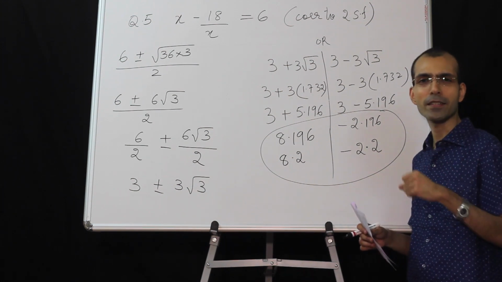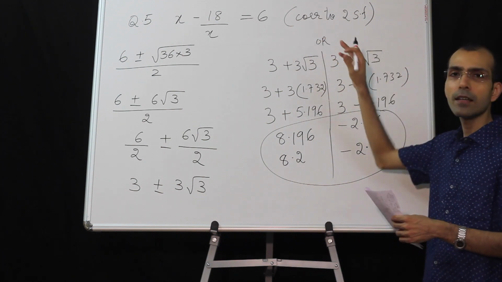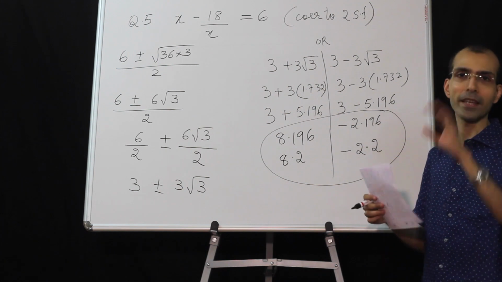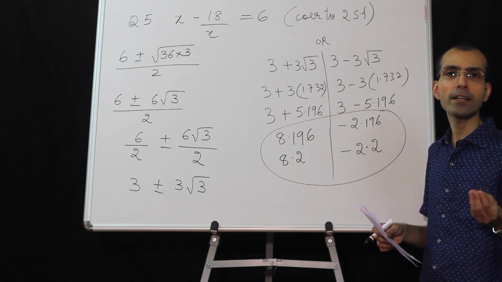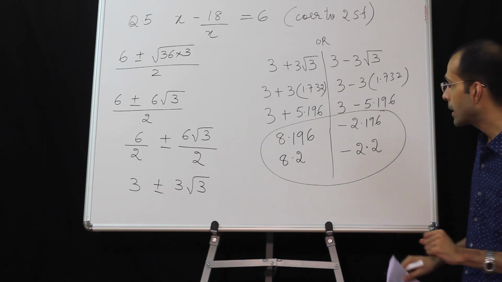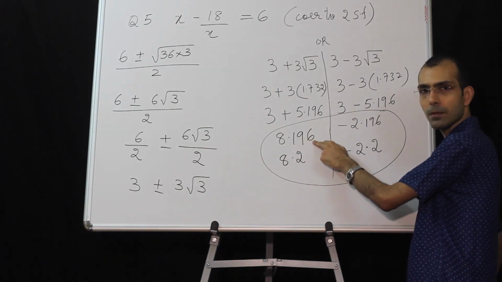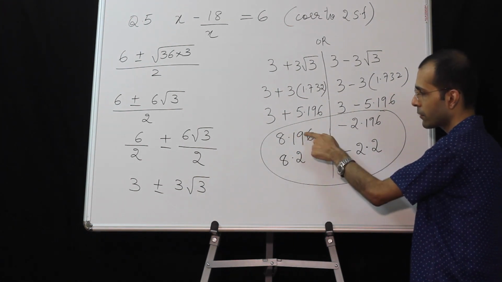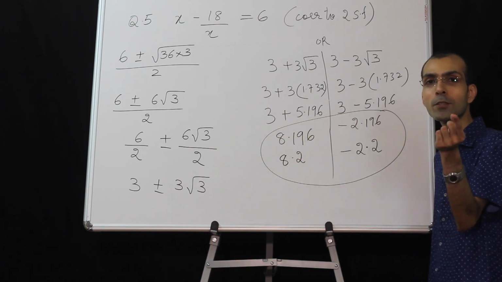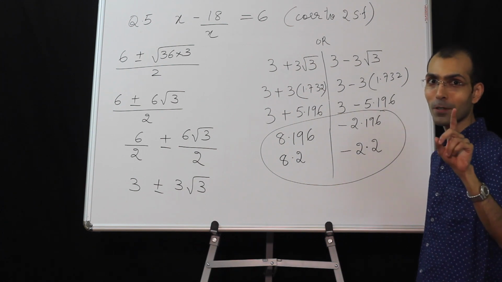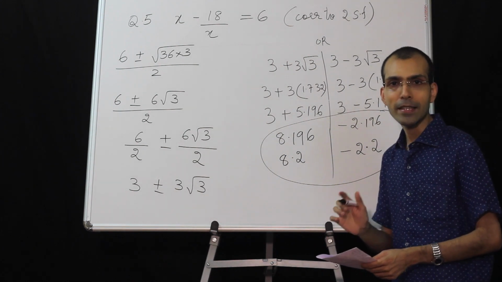A little modification. What if it was said, give your answer correct to 2 decimal places? Instead of significant figures, it was said, give your answer correct to 2 decimal places. Then 1 decimal place, 2 decimal place, 3 decimal place. And this would have become 1 more. So this would have become 10. Then carry forward. So it will become 8.20. Note this. If they would have said, give your answer correct to 2 decimal places, then this would have been